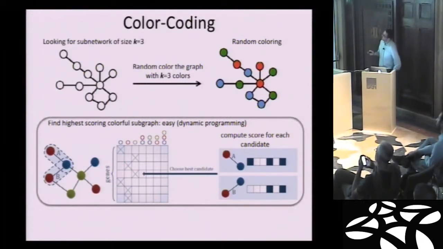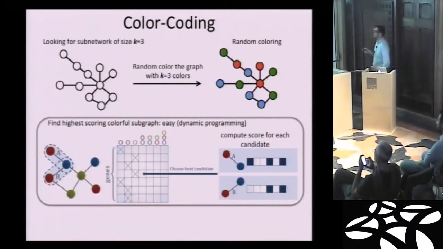Is the following. We can build this dynamic programming table in which we have genes on the rows, and on the columns we have color sets, so all possible subsets of colors that we are using. And when we need to fill an entry, that will correspond to identifying a connected subgraph, using, in this example, consider only 2 vertices, one of color blue, one of color red, that contains the gene associated with the row. For example, this gene up here. We just need to look for the